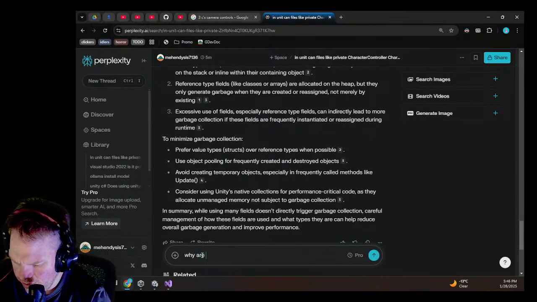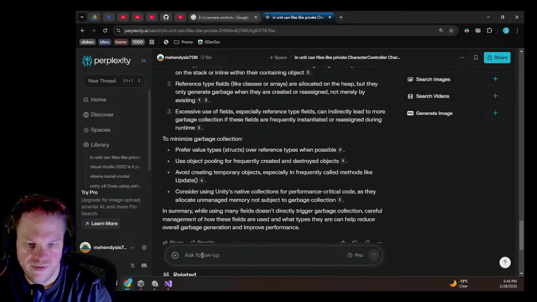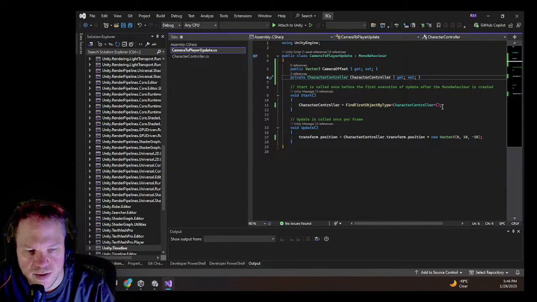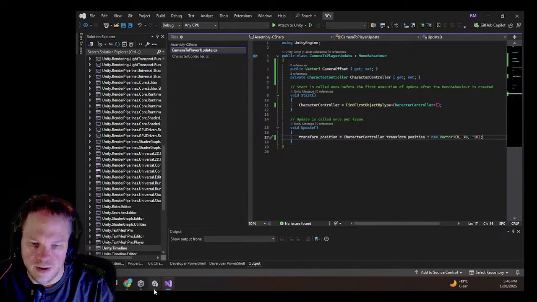Why are local variables better? Oh, it's because of the fast access, I don't remember the name, JIT optimization. So what does it mean? It means that if you can create a variable in a function instead of creating it above as a field, you should create it in the function. So I would ask,